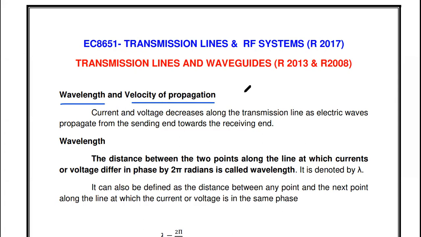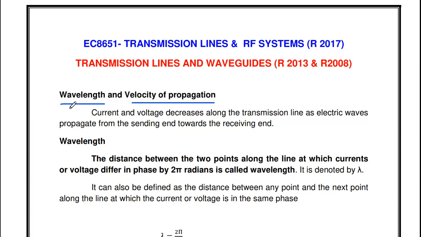Okay, so already we discussed what the primary and secondary constants of a transmission line are, what the equivalent diagram of the transmission line is, and we derived the general solution of the transmission line in the previous videos. If you want to learn from my previous videos, I will give the link in the description box, you can refer to it. Or in my channel, a separate playlist is created for the Transmission Lines and RF System lecture videos. And for MCQs, I created a playlist separately. The MCQ videos are also there.